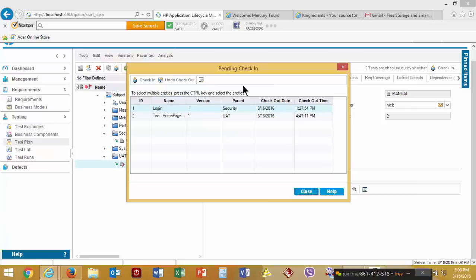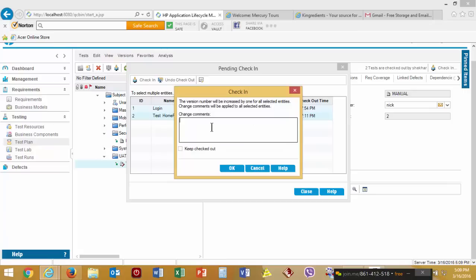Okay, so again it is asking me pending check-in. It is giving me all whatever is checked out. So I will select and I'll click on check-in. And I can undo also. So I will check in. Now it gives me another pop-up. The version number will be increased by 1 for all selected entities. Change comments will be applied to all selected entities. Whatever comment I have,